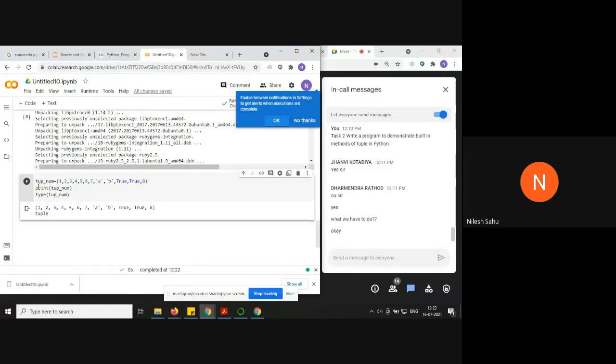So you can see when I say print tup_num, the value has been printed here. What is the type of tup_num? It is going to be of tuple type.